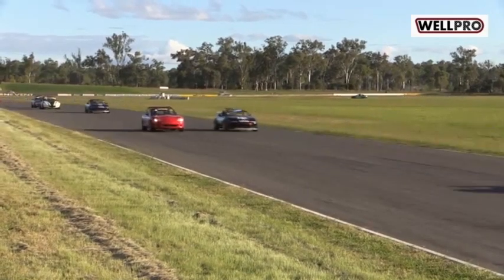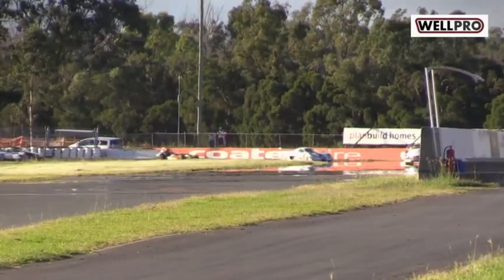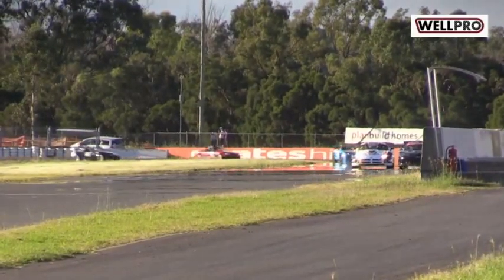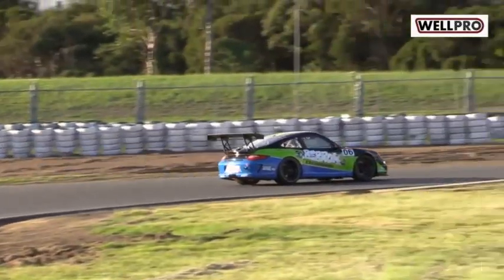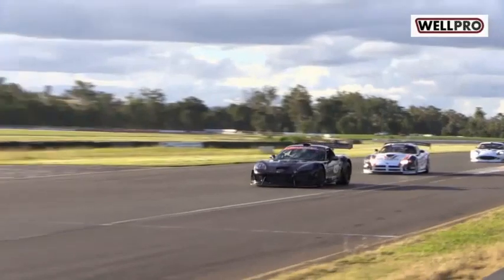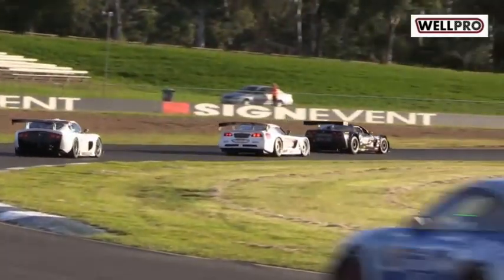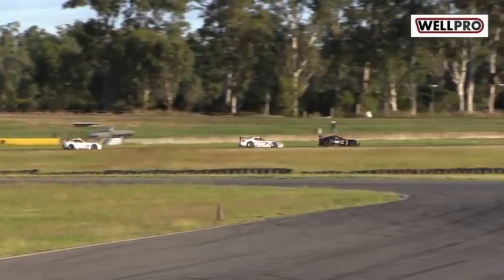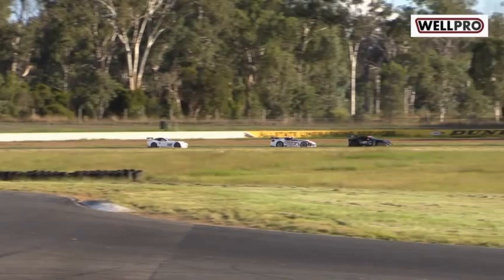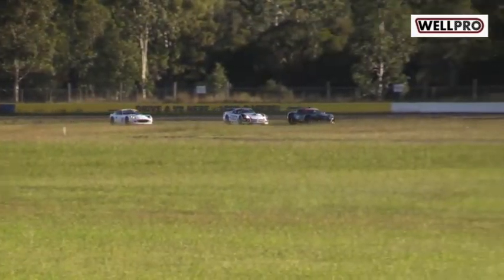Wayne Hennig is up in that fourth position now, as Darren Hennig looks to rejoin, although he's shortcut a very large portion of the circuit, but he rejoins at the tail of the field. I think they'll let him go with that one. Annett and Fain, first and second. Corvette and Viper, Chevrolet and Chrysler, followed by the little European